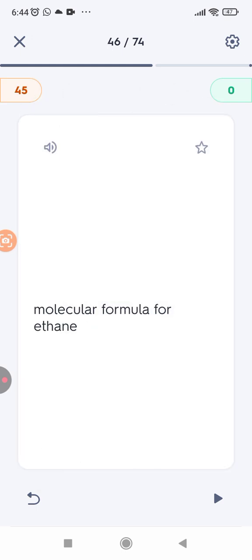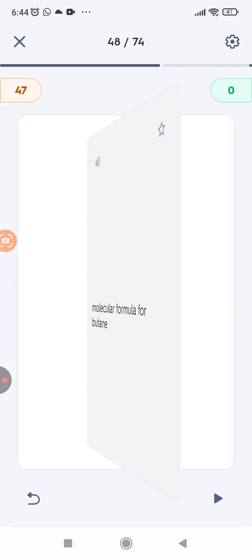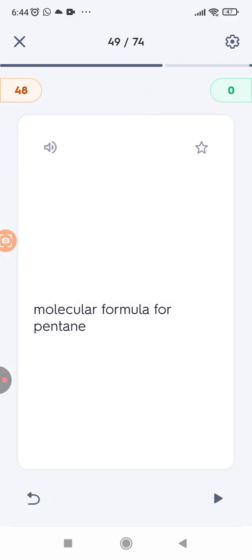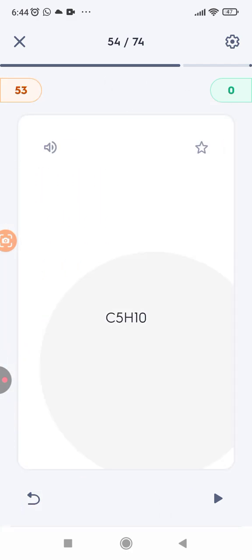This one is the molecular formula of ethane. This one is the molecular formula of propane, molecular formula of butane, molecular formula of pentane, chemical formula of hexane. This one is ethene. This one is propene, butene, pentene, hexene,